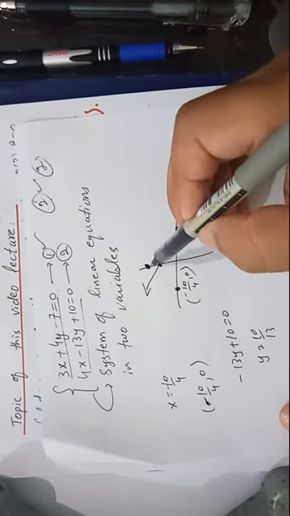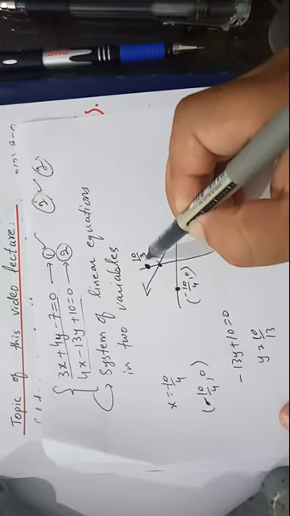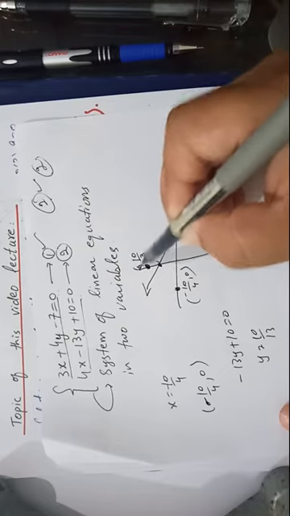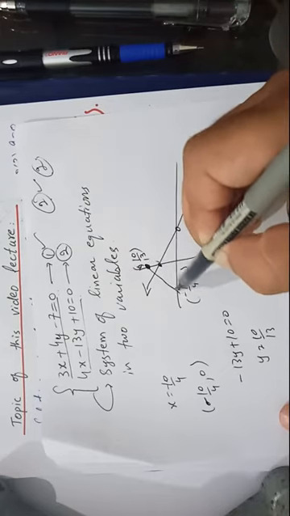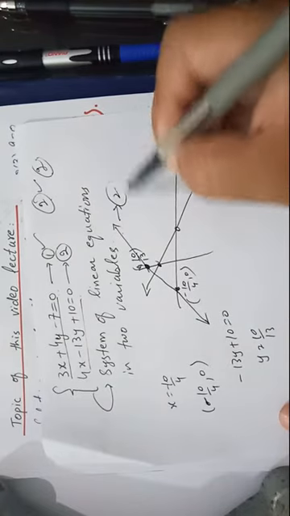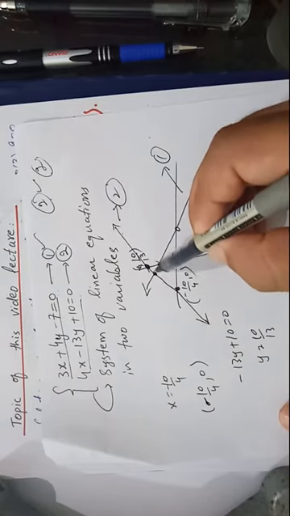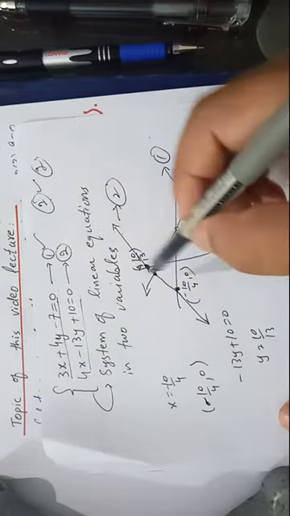Let's say 10 by 13. I draw this roughly. So let's say this is 10 by 13, 0. So this is a y-intercept. So you join this. So you see that this is the graph of equation number 2. This is the graph of equation number 1. So at that point you see that there is an intersection between these two lines.